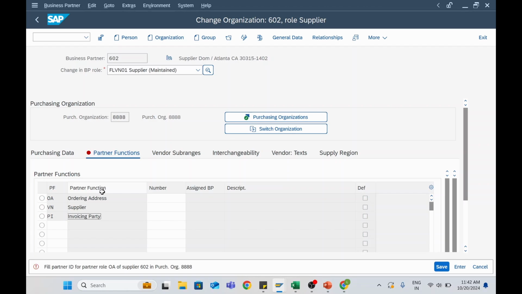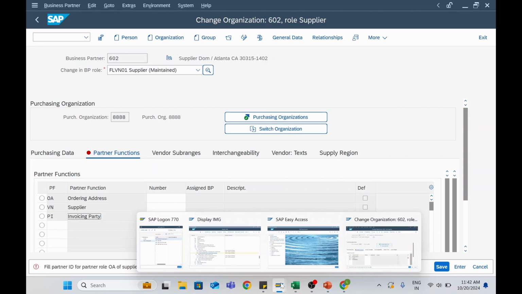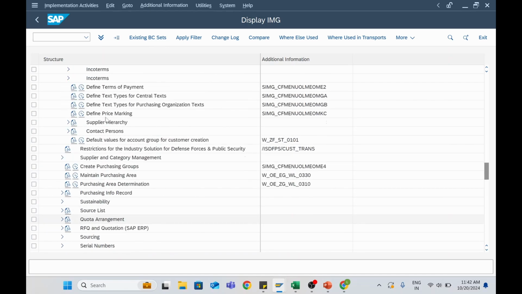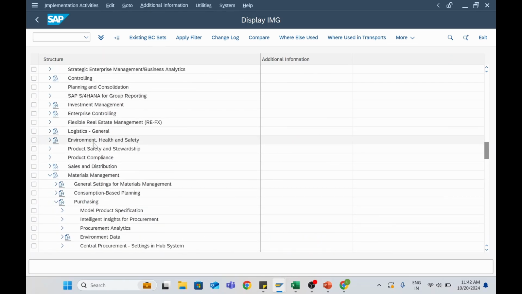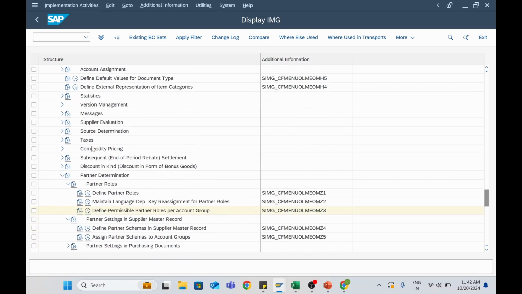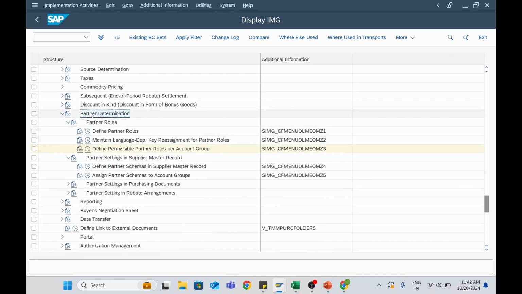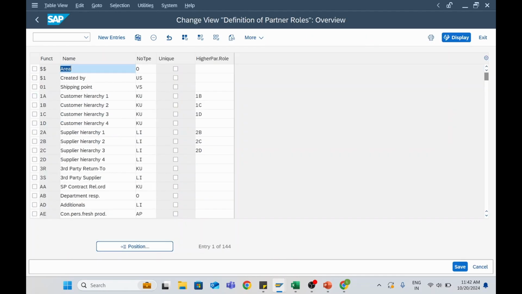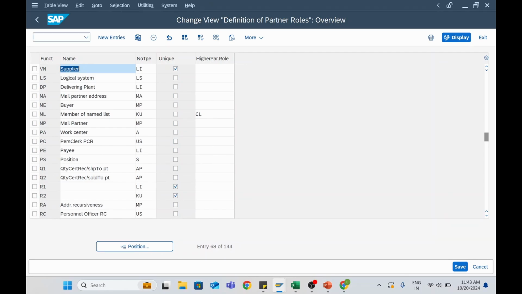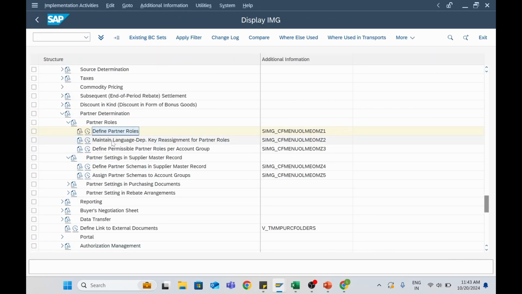Now you are seeing the partner functions, for which the configuration is not completed. So now we will go to partner determination. Okay, this is material management. Within that, purchasing, and go to partner determination. And here you can see define partner roles. So here I am checking, okay, yeah, VN is a supplier. Yeah, these are the standard partner roles, and so we need to define permissible partner roles for